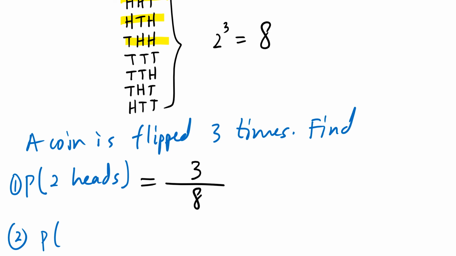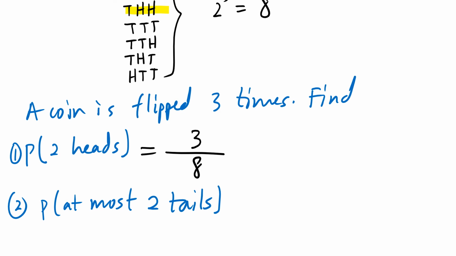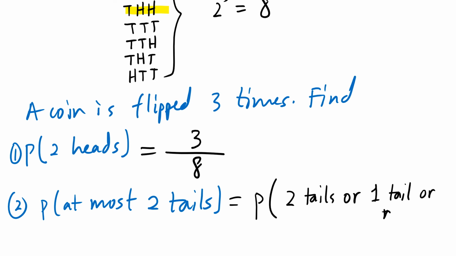Find the probability of obtaining at most, I can make it tricky, at most 2 tails. So what does that mean, at most 2 tails? This means they ask us to find the probability of getting 2 tails, or what? If it's at most, it means you can go up to 2 tails, or it could be 1 tail, right? Or, that's the tricky part about it, no tails, like 0 tails.